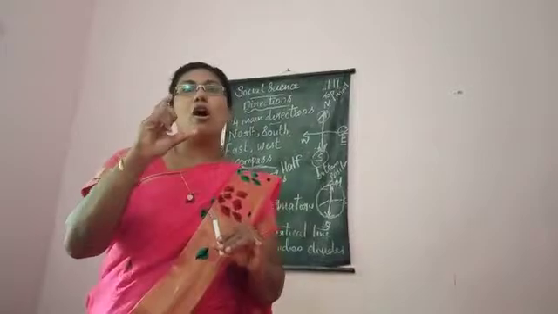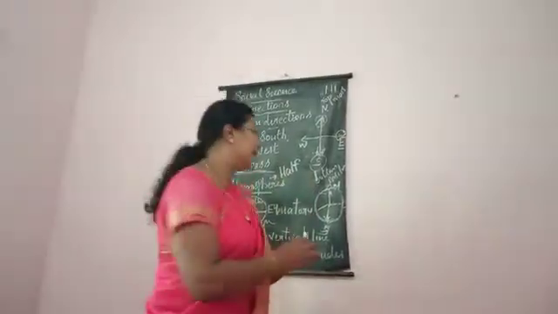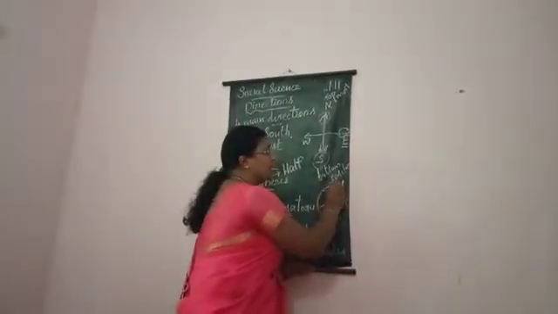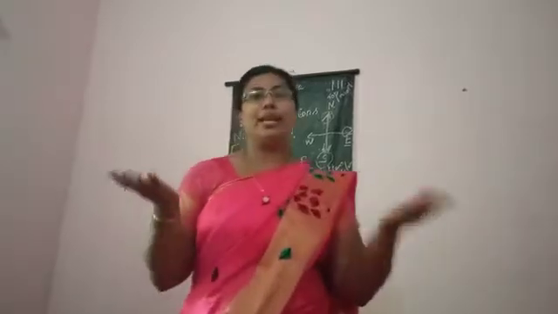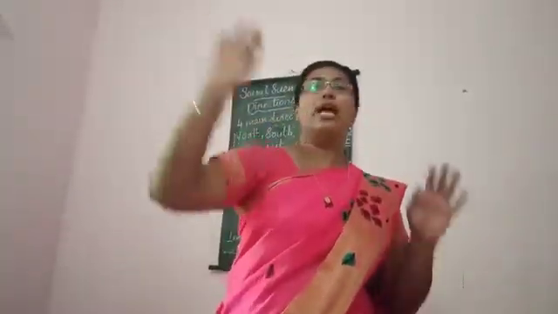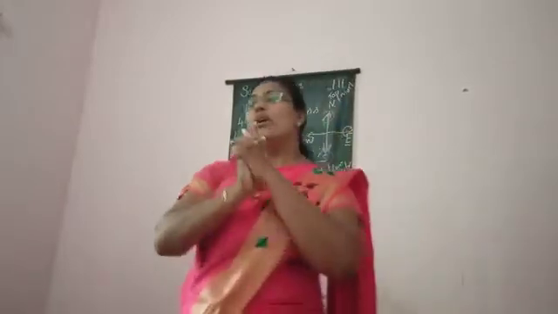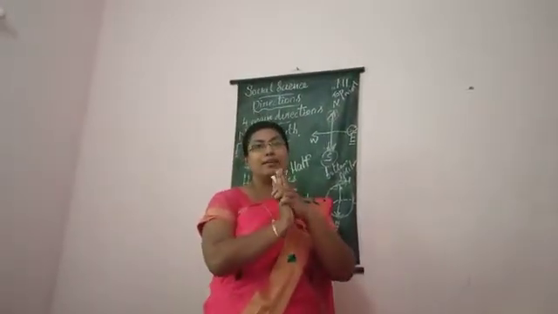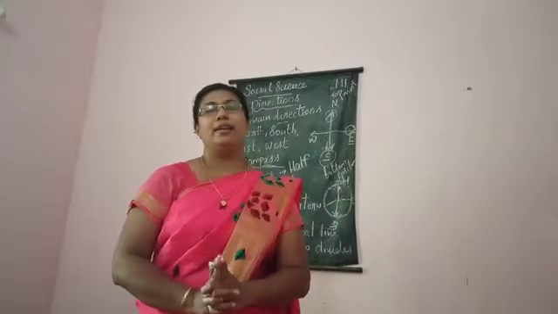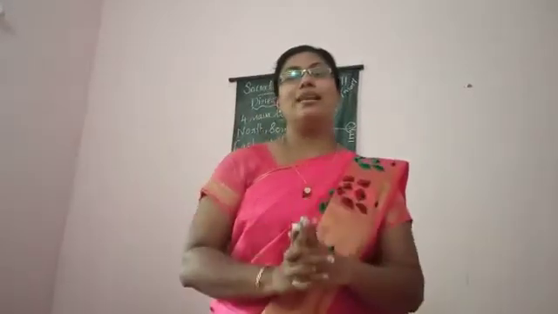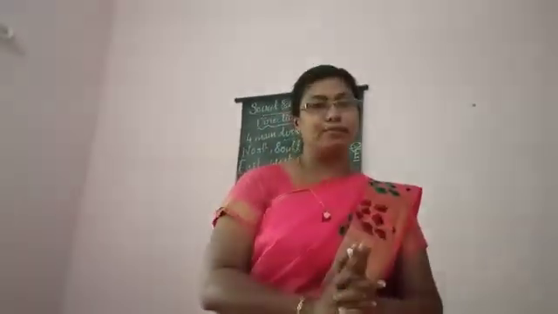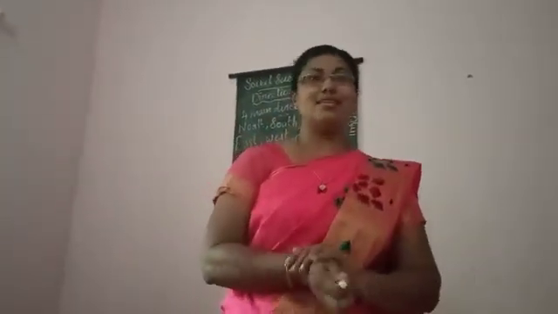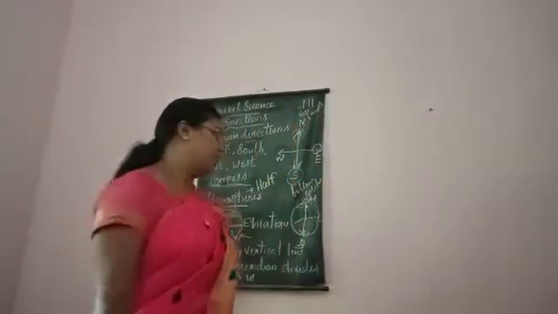When the sailors are traveling in the sea, they will keep this compass with them. This compass needle always indicates the north side. Whenever we take this compass, we can see that the needle will show the north side. So if one direction can be identified, it will be easy for the sailors to understand the remaining directions.